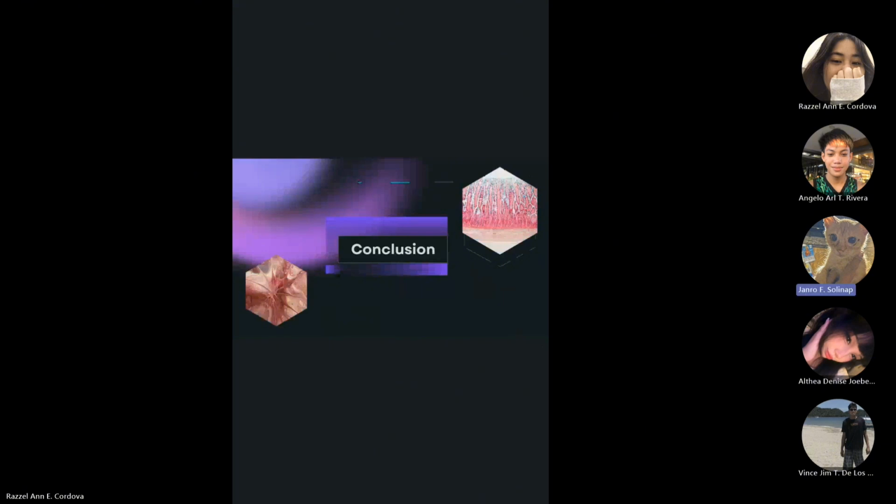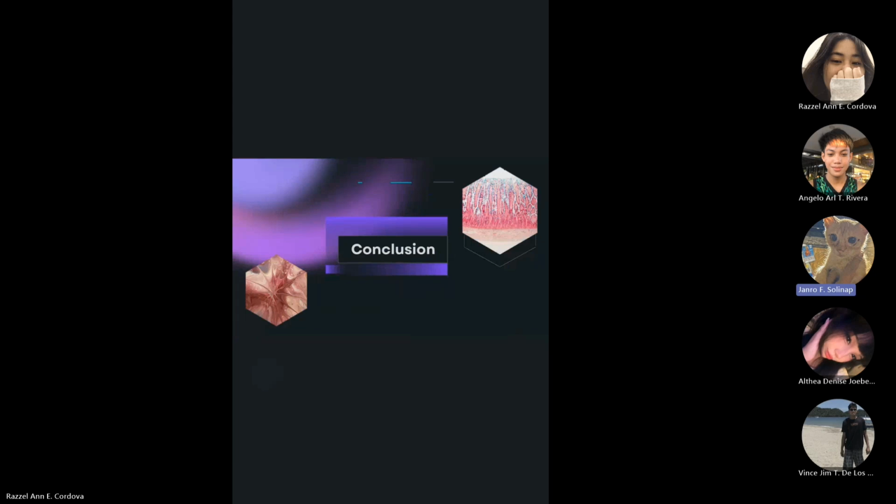For the conclusion, we learned that structure and function are closely related. Even though frogs and humans have similar digestive organs, their microscopic features are slightly different depending on their diet. This study helped us see how the small intestine and stomach are perfectly designed for their job, digestion and absorption.